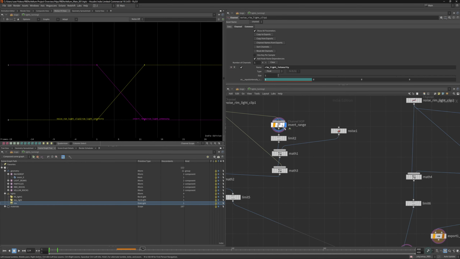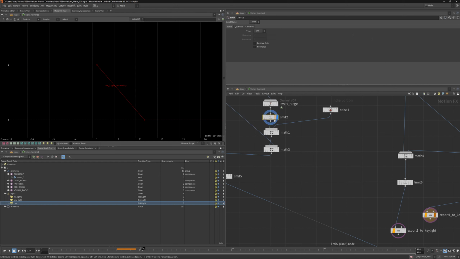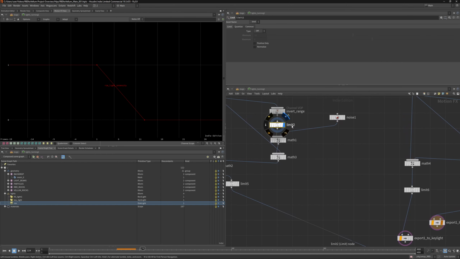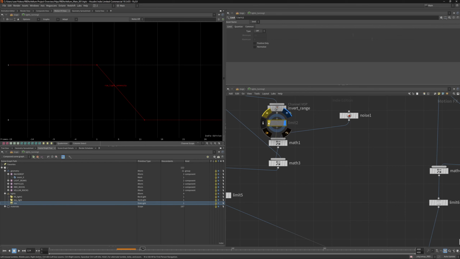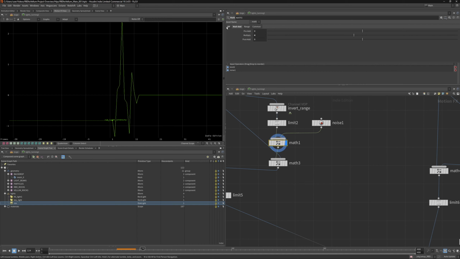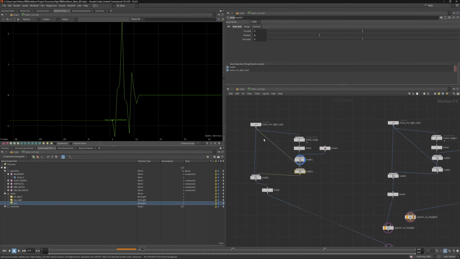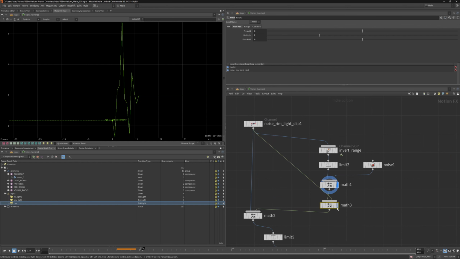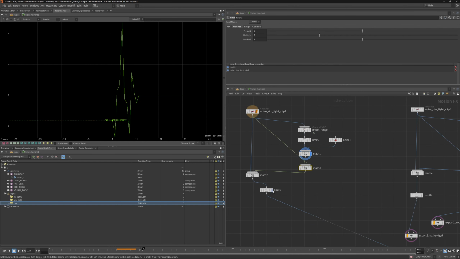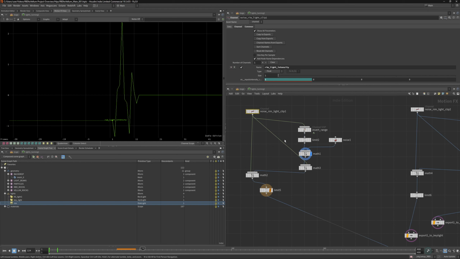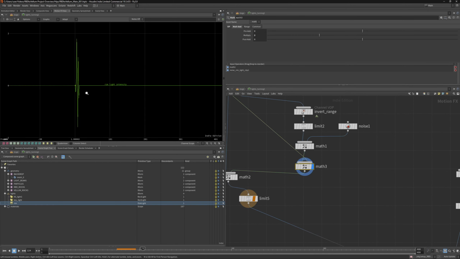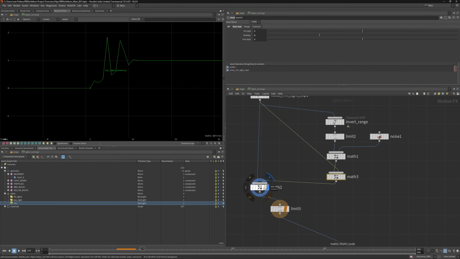I'm inverting its range. I'm limiting this. This actually does nothing, I think. You can disable this. And I'm using this noise, and I'm just multiplying this channel with that noise, and again I'm multiplying back with the basic light animation back to this, and in the end we again use this math, and what we say is I want the length of this chop to be like a base